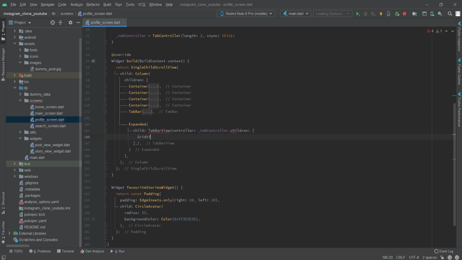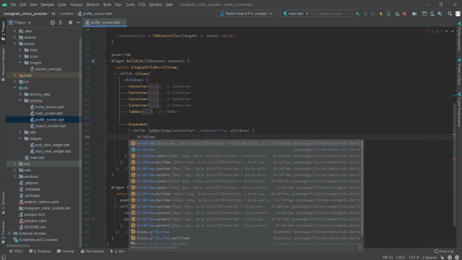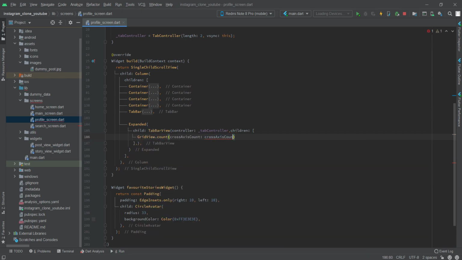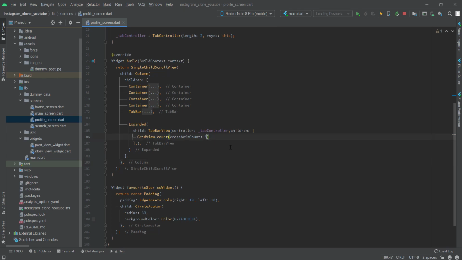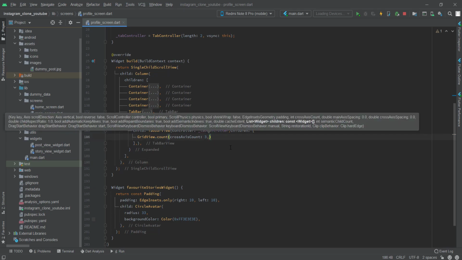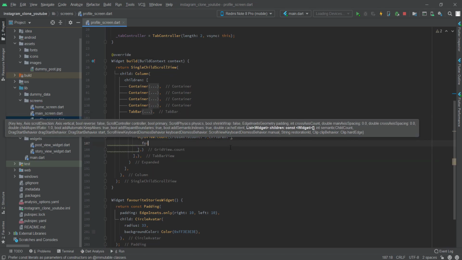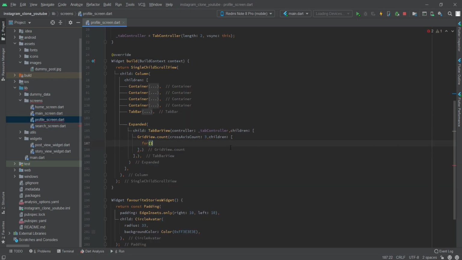Children grid view dot count, cross axis count, so the cross axis count is 3. Let me show you how I judged that: 1, 2, 3, so that's why I put 3 here. If you want to add another, then you can put the cross axis count to 4. And children